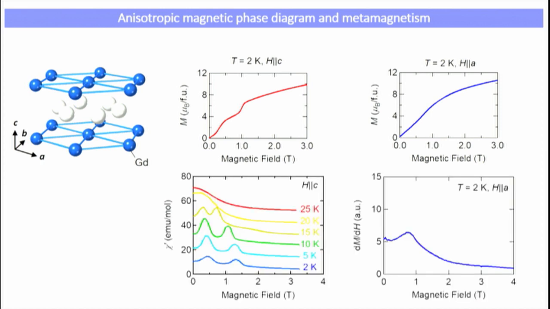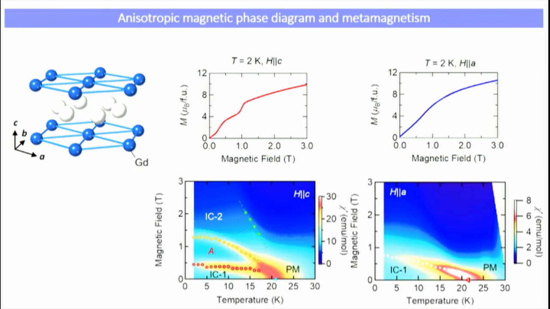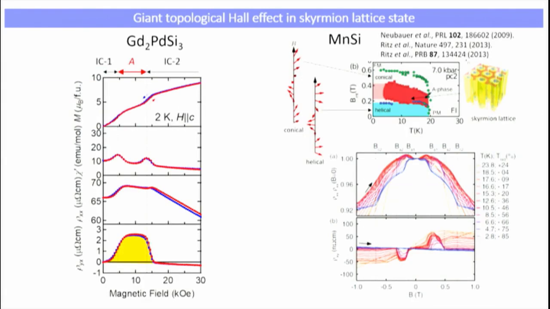So measuring the susceptibility, we also identified the phase boundary by the peak of the susceptibility and obtained the anisotropic phase diagram, which manifests the presence of the intermediate phase, the so-called A phase, for H parallel to the C-axis. In order to confirm the topological property of the A phase, we measured the Hall resistivity and observed the